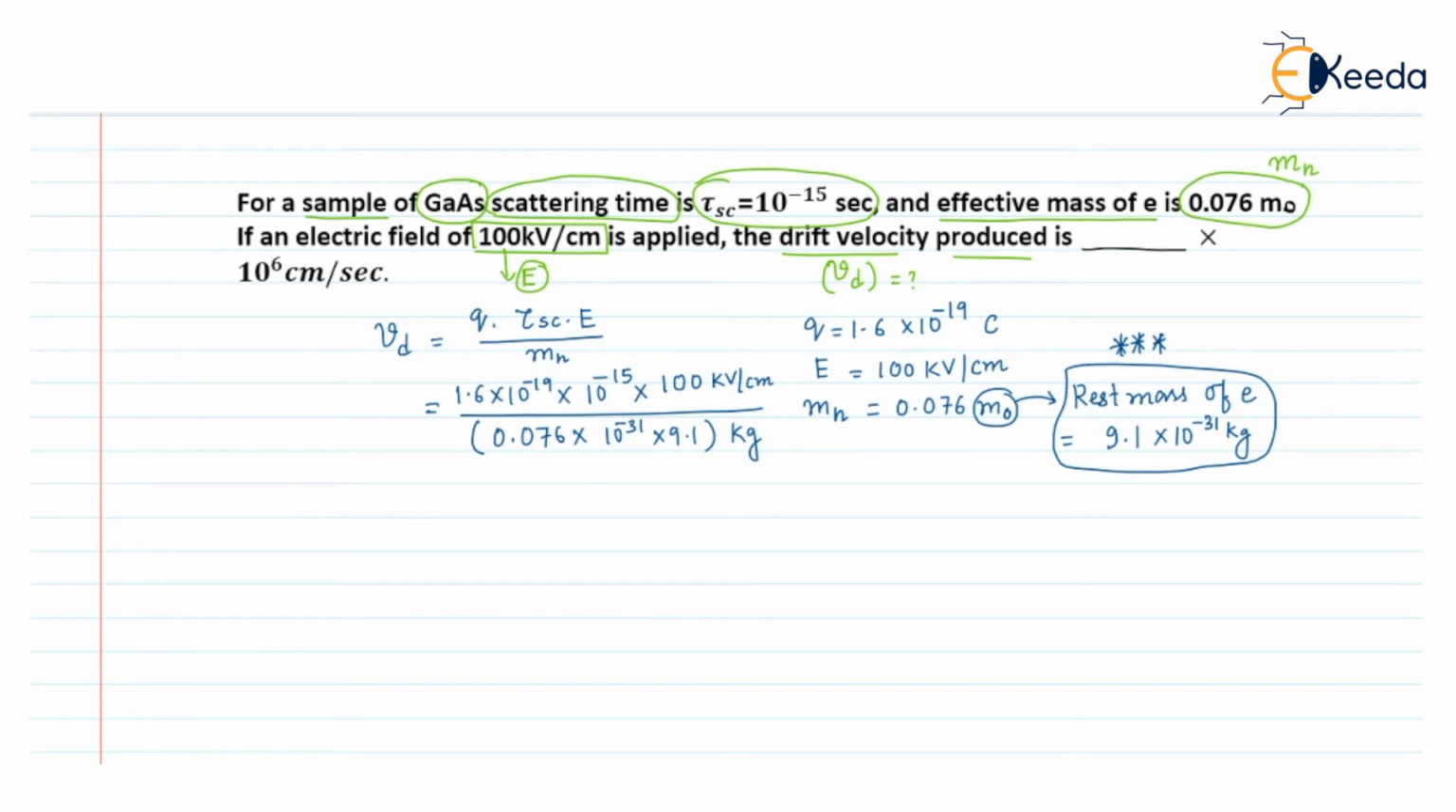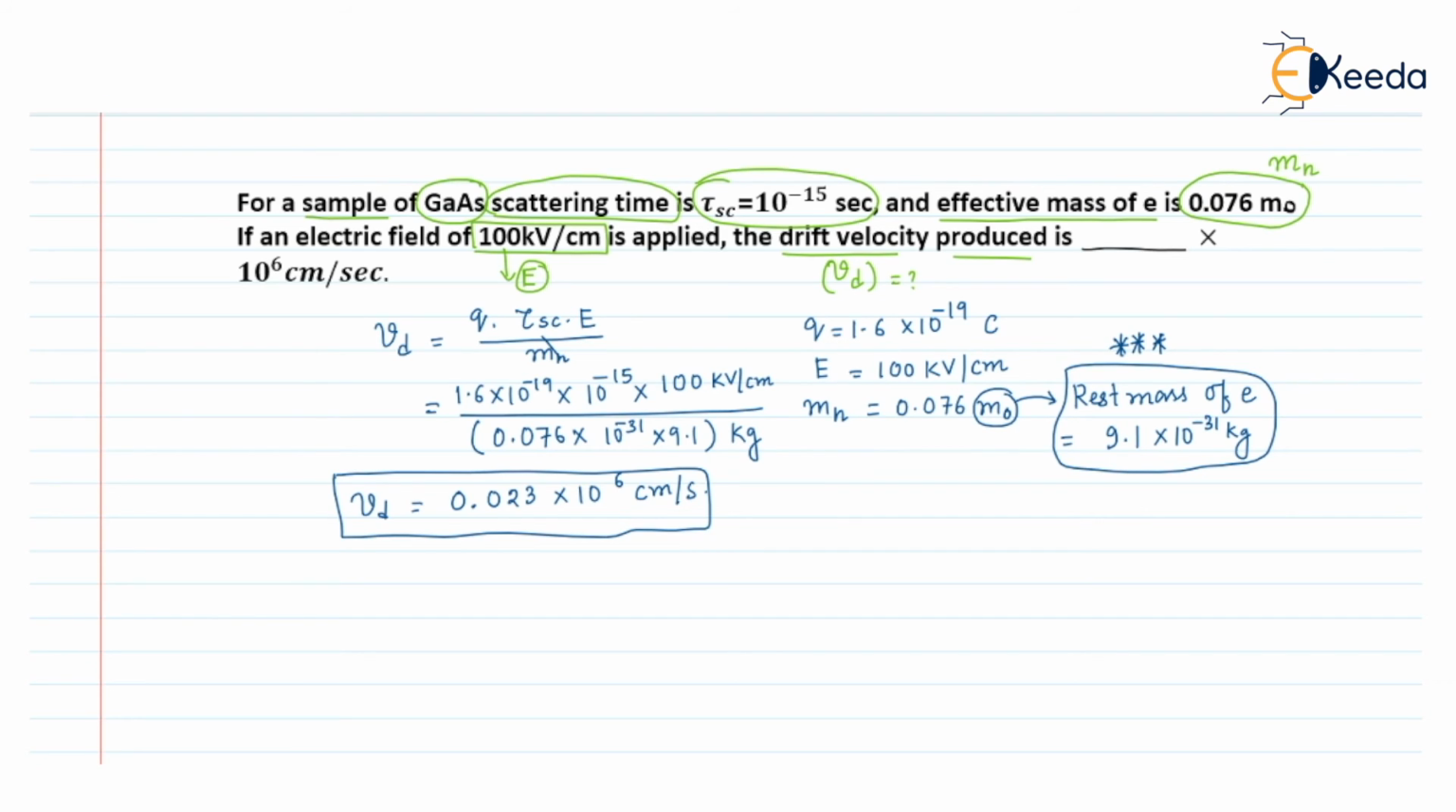So if I calculate all the data, after calculation we can find that the final value of the drift velocity will be 0.023 into 10 to the power 6 centimeter per second. So this will be the drift velocity of the electron